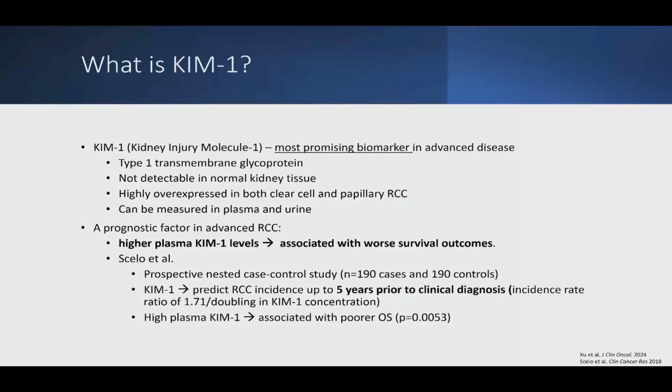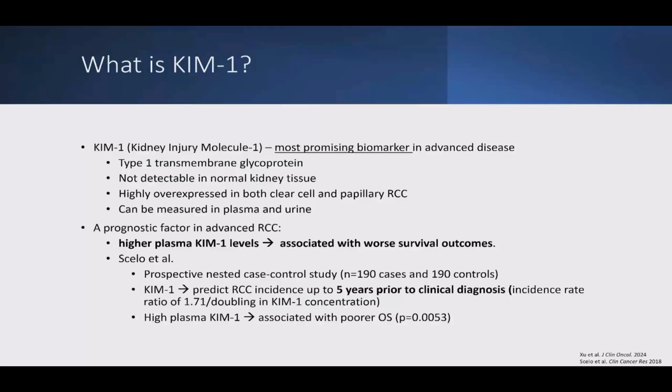The last biomarker that I'll talk about today is KIM-1, which is probably the most promising biomarker in the advanced RCC disease space. It's a type 1 transmembrane glycoprotein that's not detectable in normal kidney tissue, but is highly overexpressed in both clear cell and papillary RCC, and it can be measured in both plasma and urine. In advanced RCC, it's been demonstrated as a prognostic factor, with higher plasma KIM-1 levels being associated with worse survival